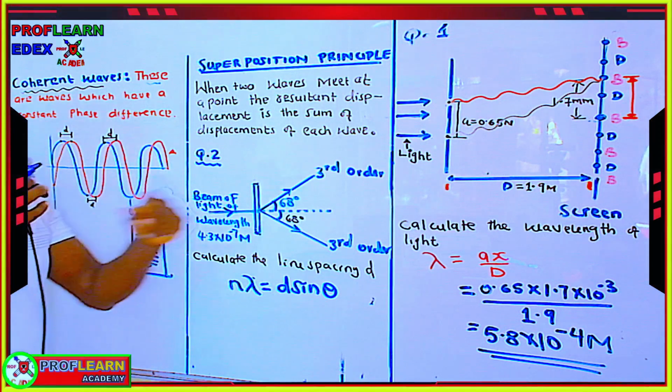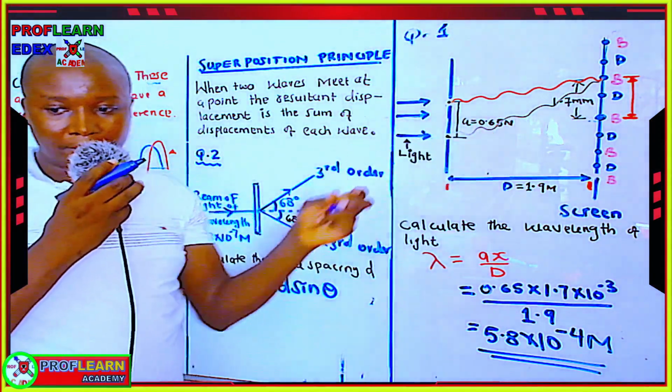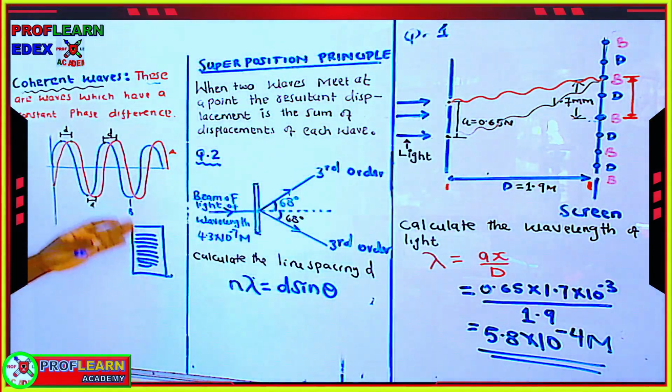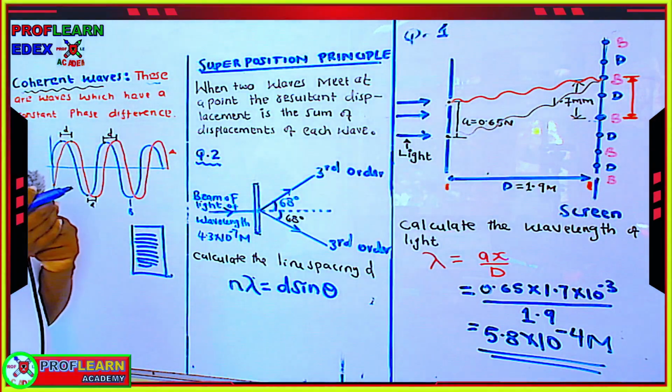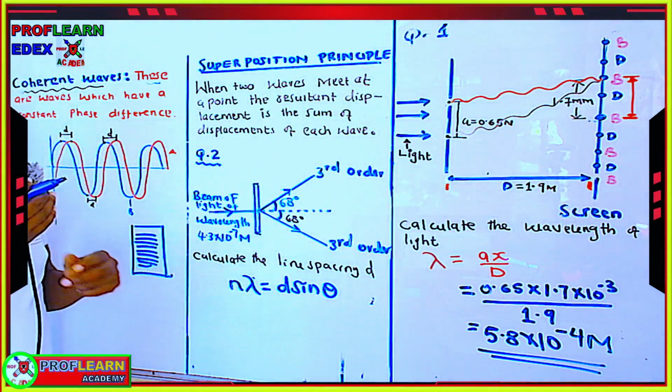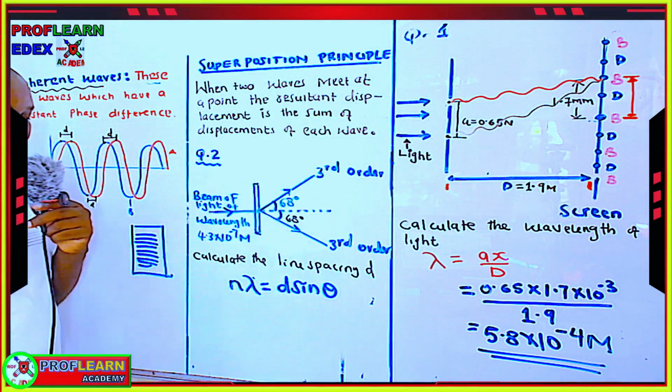This one we were having just two slits, but a diffraction grating has many slits, and then multiple interference is going to take place